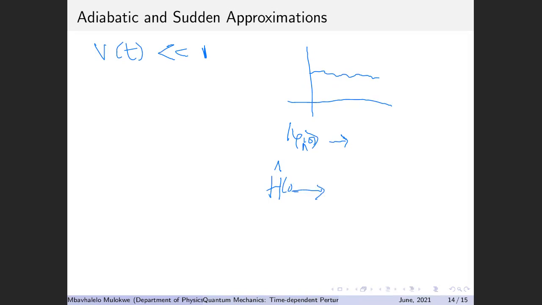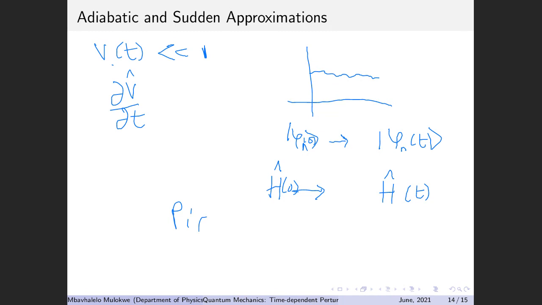You are going to change this from h of 0 into h of t. But if you're doing this very slowly, what will then tend to happen will be that you end up with the same system. So naively, you will think that psi n of t, the state, doesn't really change. So if the potential dV/dt is changing very slowly, then you expect that